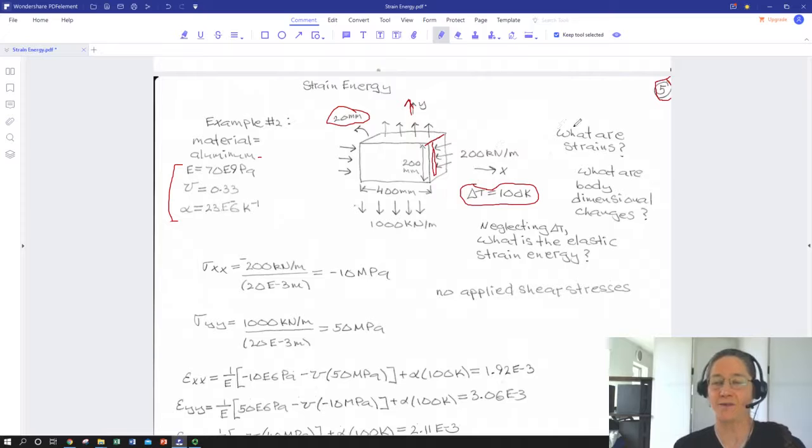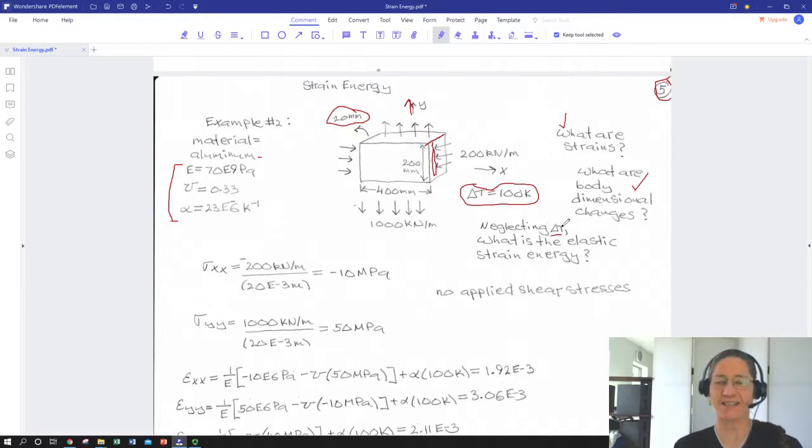So we're asked 3 questions. What are the strains? What are the body dimensional changes? How big or small is it going to get? So think displacement. And neglecting the temperature change, what is the elastic strain energy? So the big